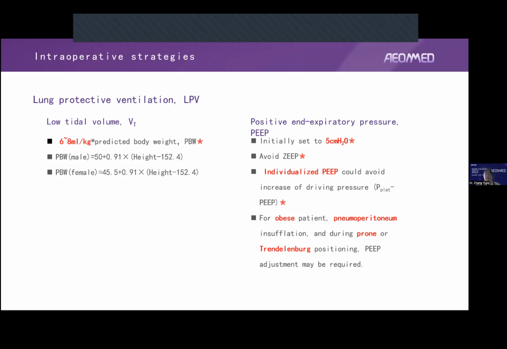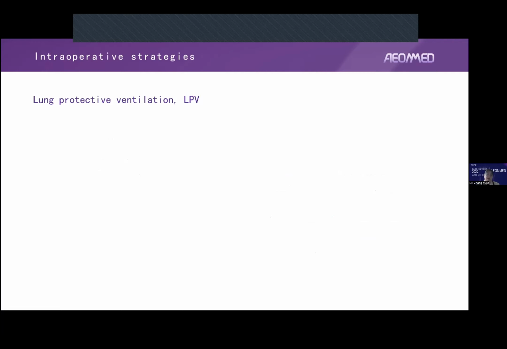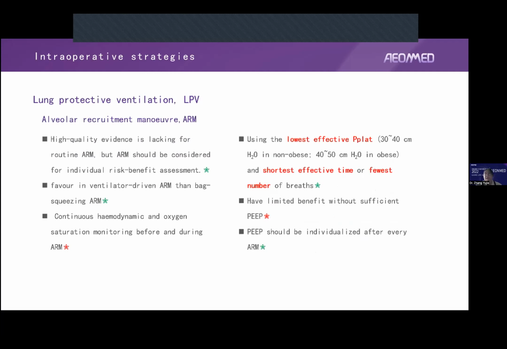Okay, the next strategy is, of course, the ARM, the alveolar recruitment maneuver. First, I'd like to ask a question. Do we need to perform ARM on every patient? Actually, routine ARM does not have high quality evidence to support it, but the recommendation still suggests using it when considering the risk-benefit assessment. That means if patients have high risk factors before the surgery, although he or she might not suffer from a lung injury, we can still consider using the ARM